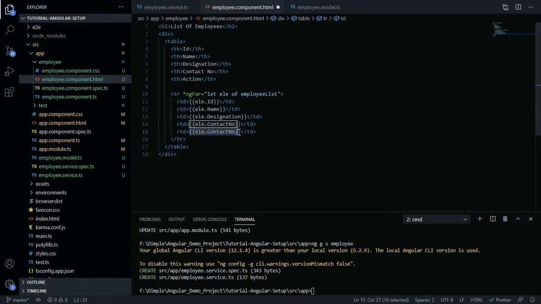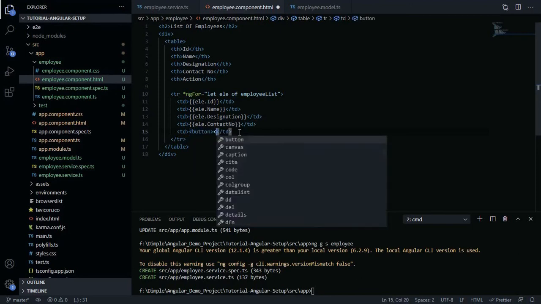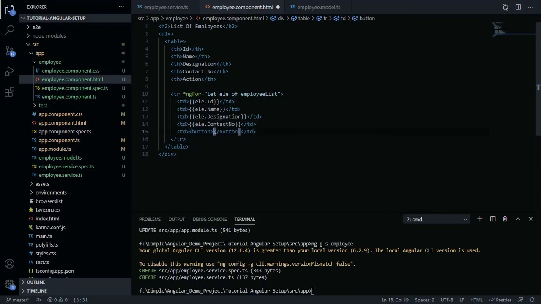So you have to write button. Here inside the button we'll write delete.